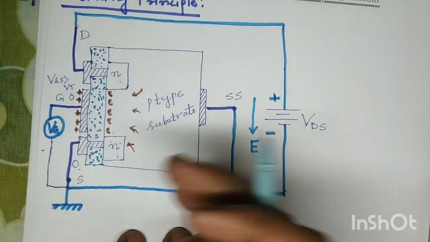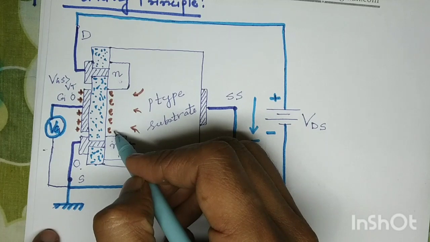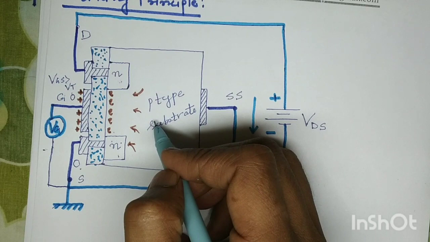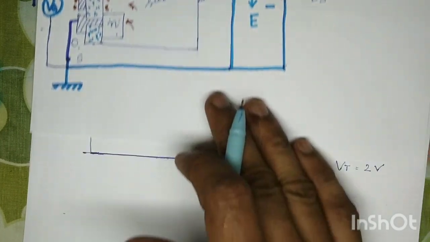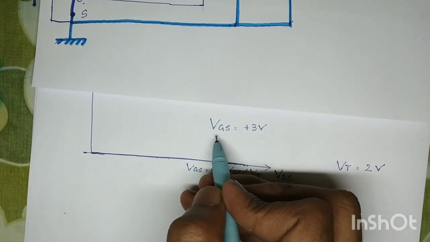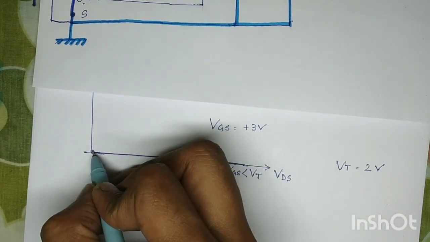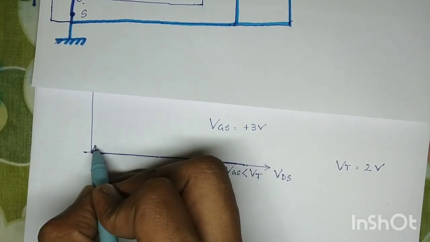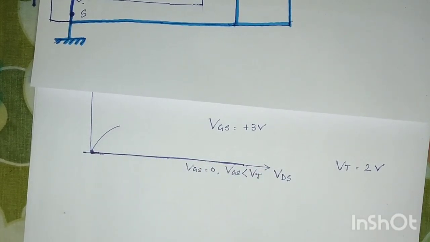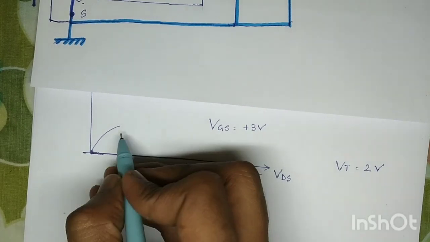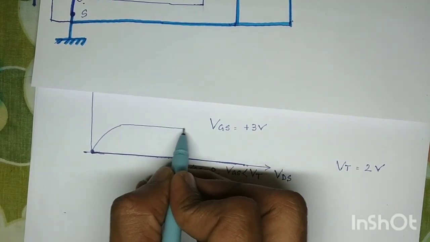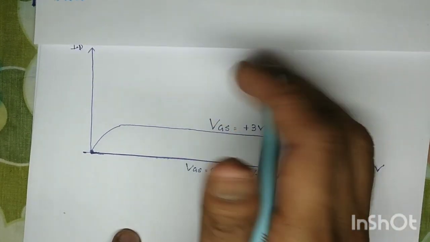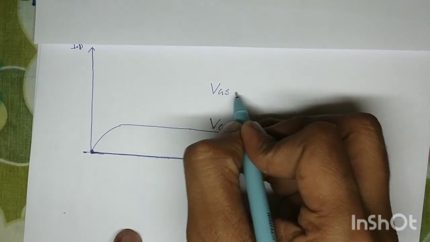So when VGS is 3 volt, a channel will be formed from the minority carriers, that is the electrons from this substrate. Under this condition, if VDS is equal to 0, no current conduction will take place. If we increase VDS, we will find a significant current will flow in the channel, and each channel has its capacity. When the capacity is reached, the channel will give you constant current. Similarly, if we increase VGS to 4 volt or 5 volt,